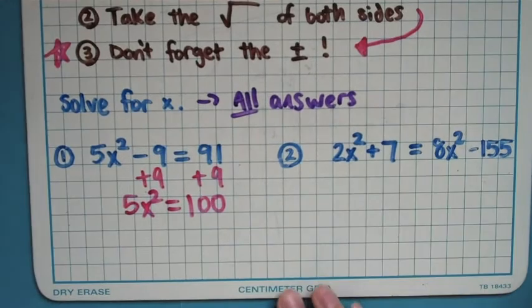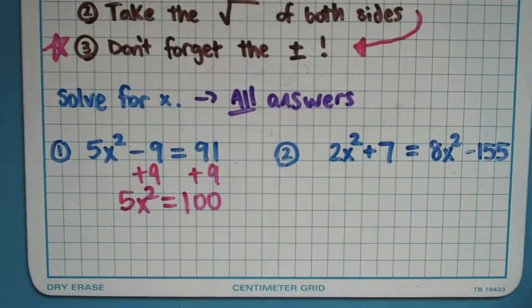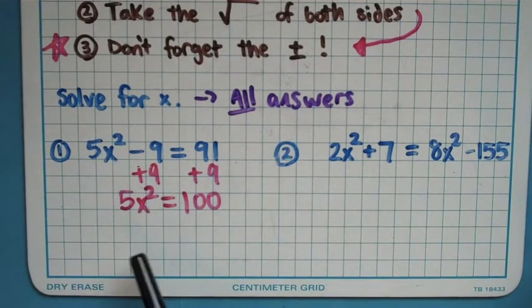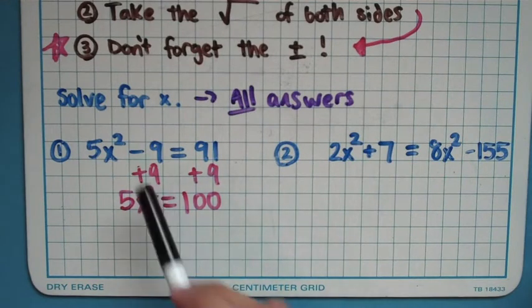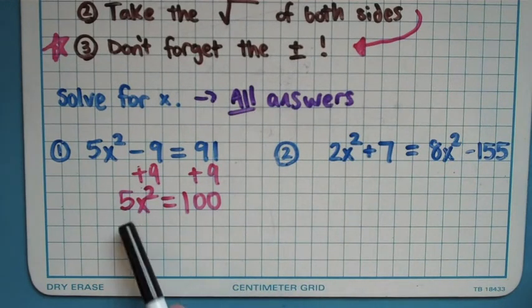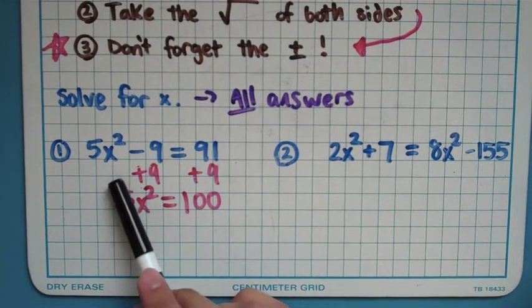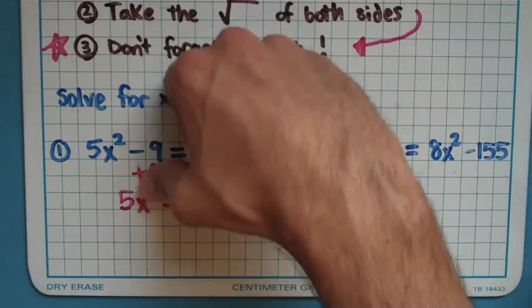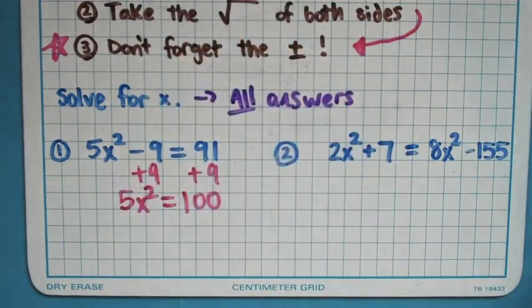This next step is something I see happen a lot as a mistake, and I'm not sure why, but a lot of kids will just take the square root right now. They'll try doing it right now, and they'll just cancel out the x squared. They know to get rid of the number, but then they mess up on that. You can't do the square root yet, because there's still this 5 right here. If you take a square root, the 5 is going to get caught in there, and it's not going to go away. Well, just like if this was a 5x here, the way you get rid of this 5 is